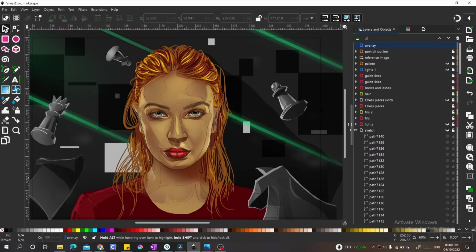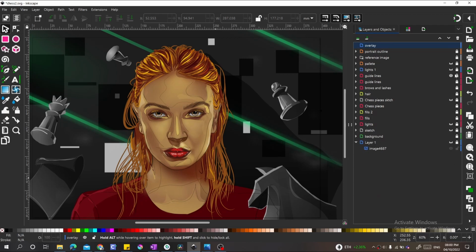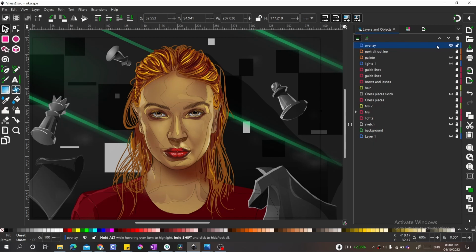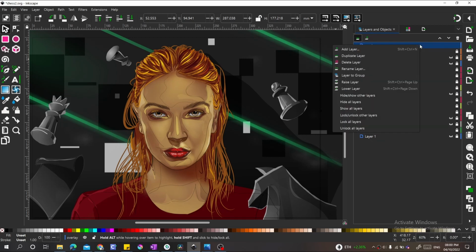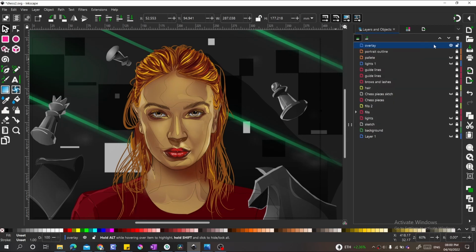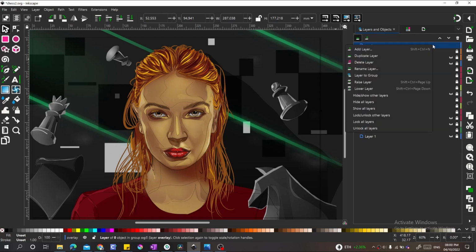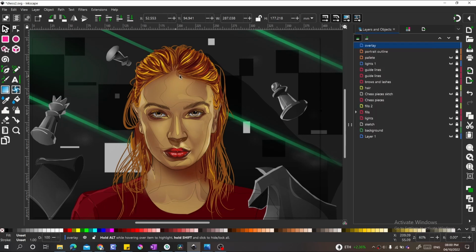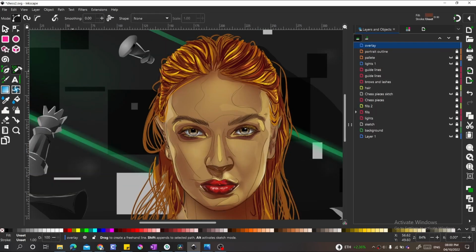And then let's consider adding the overlay. We know there are some green rays of light. Let's also put a bit of green on the face. So I'm creating a new layer and calling it overlay. The blending mode of this layer would also be called overlay. So on this, I'll be making some green shapes, and it will cast a green light upon the layers beneath